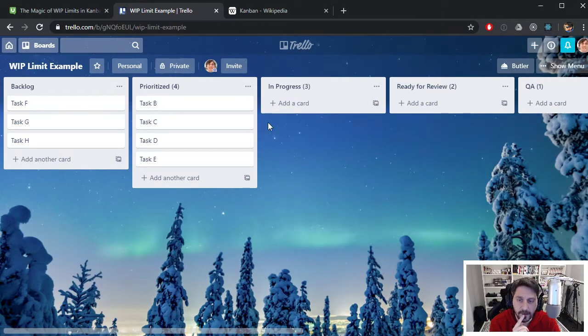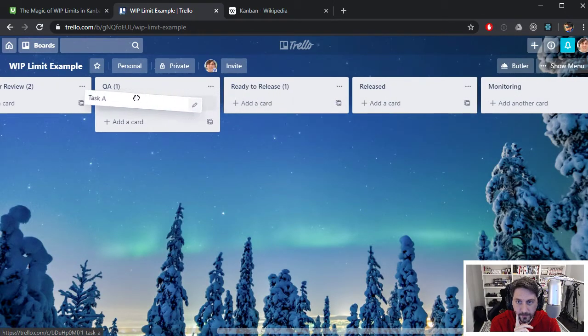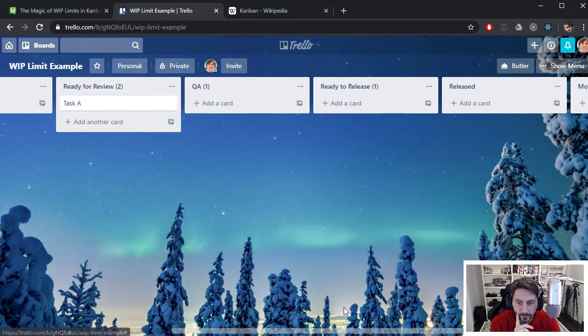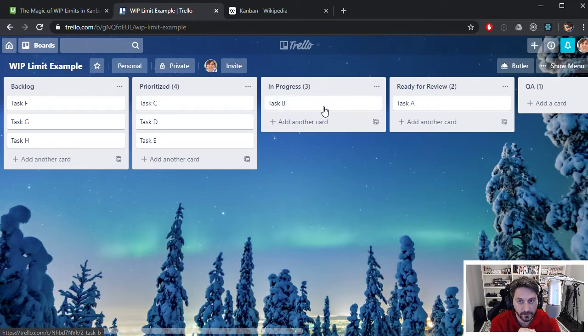So imagine you had a team of, say, only 2 engineers, and you had a WIP limit of 3 in progress. In this example, I'm going to pull this back to ready for review. So in this scenario, there's 2 engineers. I'm one of them. I've gotten task A code complete, and I'm just waiting for the other engineer on the team to review it, right? The other engineer is probably also working on something. So let's say they have task B,